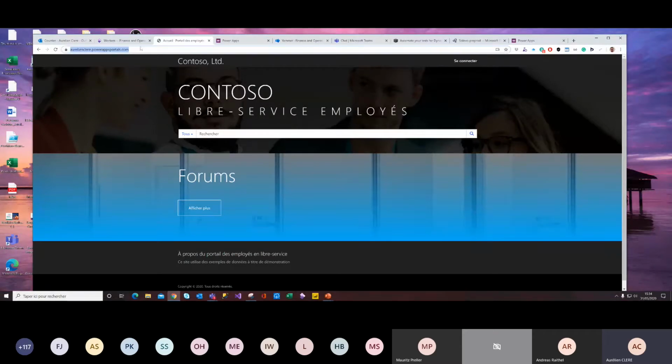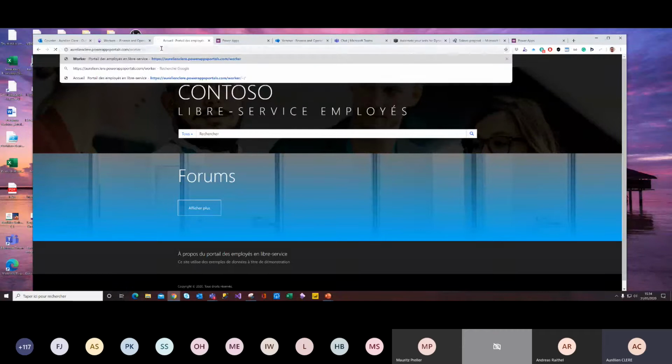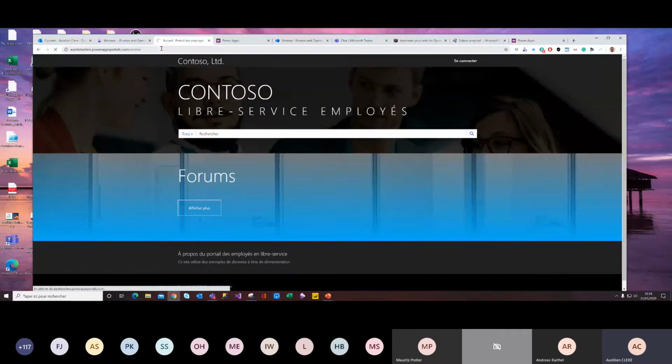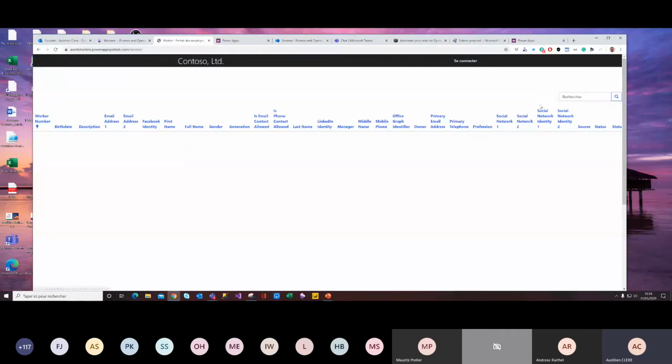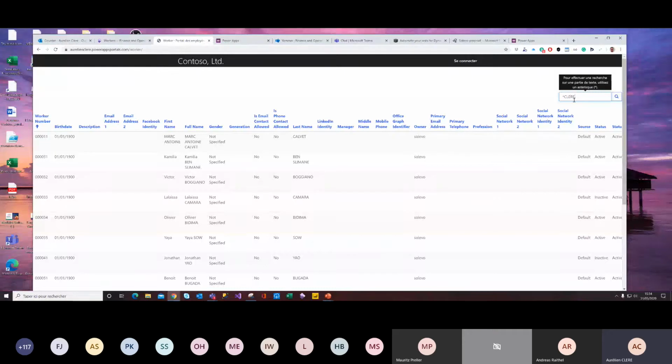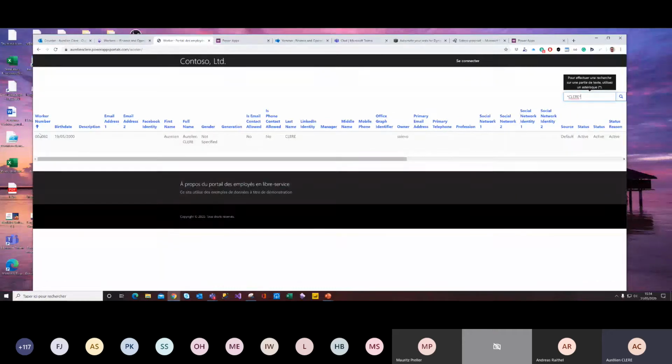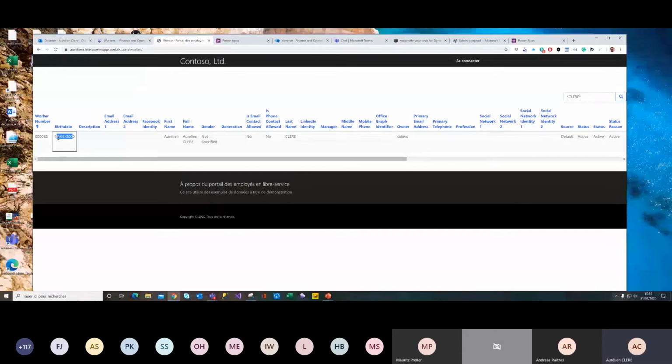And you can create a page like me. I've done a very quick page. I'm not a big expert on Power Apps portal, but I just created a quick list view. And as you can see, here I am on my Power Apps portal, and I can see exactly the same data as my finance operation data.